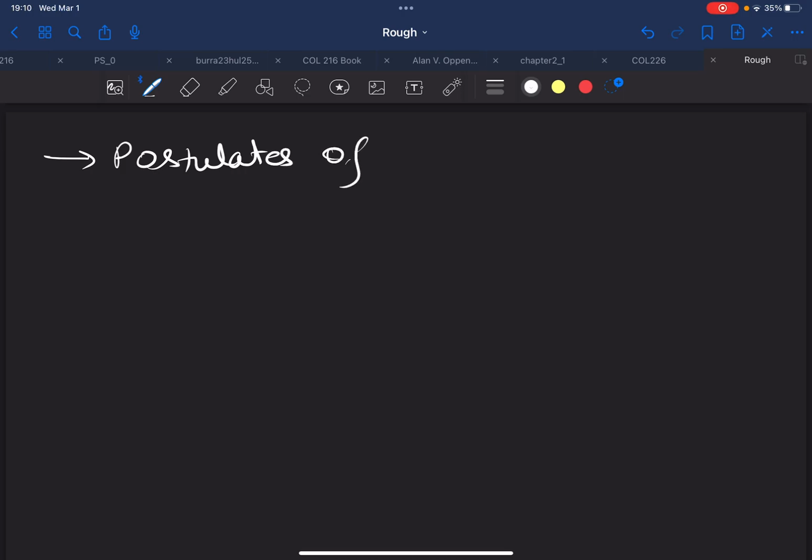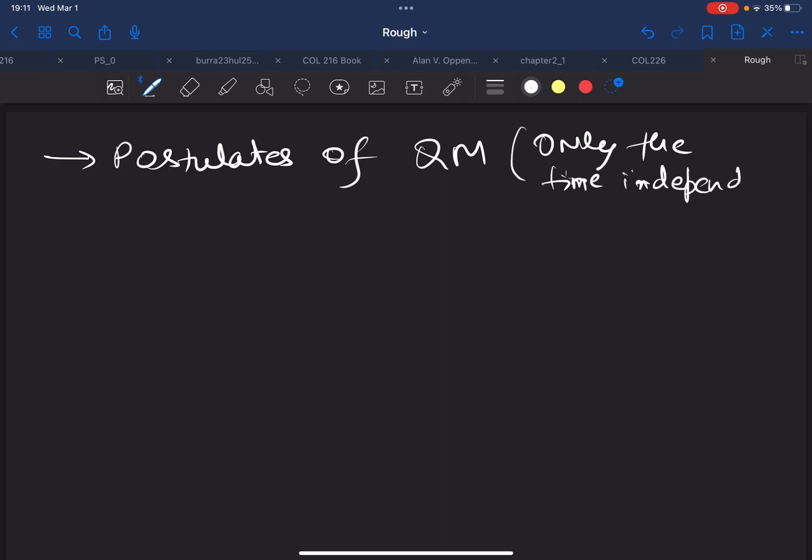I'm going to introduce only the time independent postulates. There is one postulate also that evaluates some operators that can tell you the evolution of a certain state of a system in quantum mechanics, but I'm not going to cover that. Okay, so I'm going to tell you the postulates of time independent quantum mechanics. So for that, we have the first postulate as